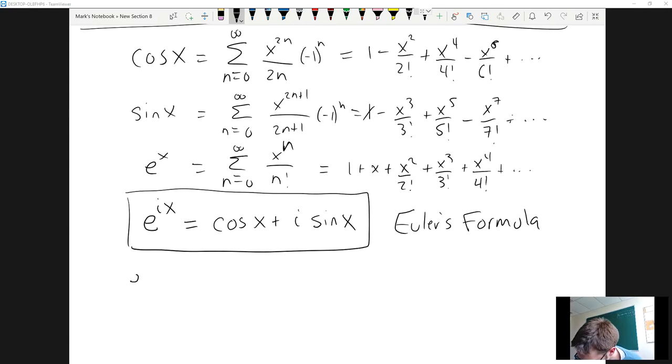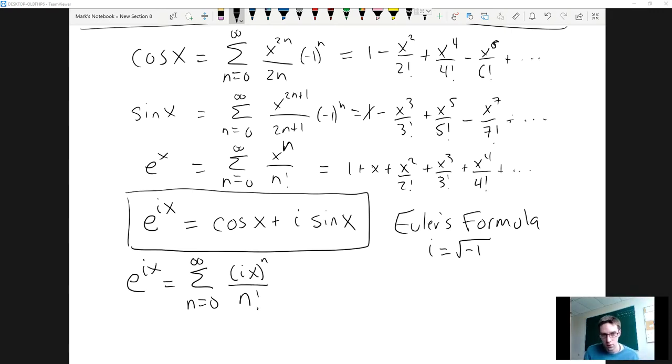Let's find a Taylor series for e to the ix. And just as a note, when I write i, I'm referring to the imaginary number i, which is the square root of -1. Okay? So I'm taking the imaginary number i times x, and since this is related to the exponential function, if we want a Taylor series, all we need to do is plug in ix everywhere that we see an x. And so our summation should be n equals 0 to infinity of (ix) to the n all over n factorial, which is equal to,